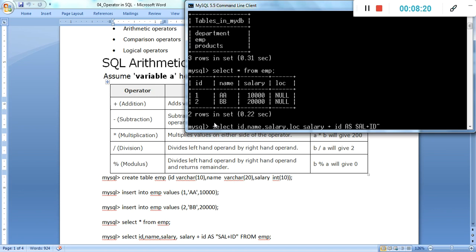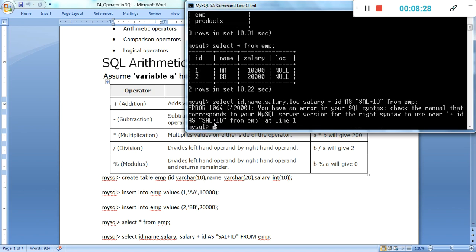It creates a new column from employee. Okay, it gives an error.